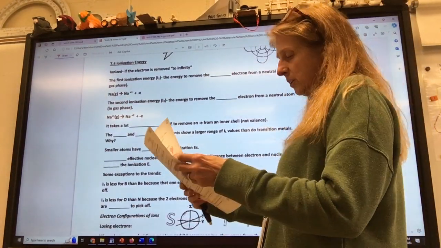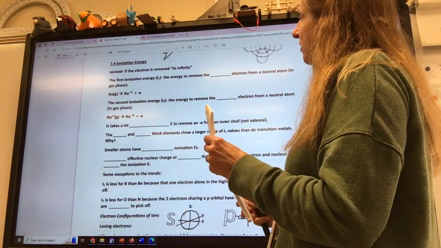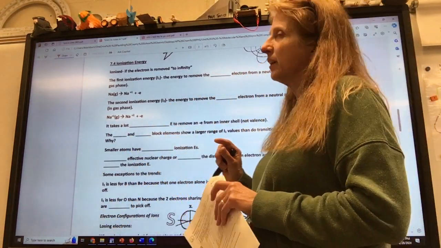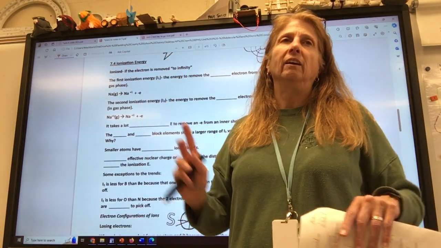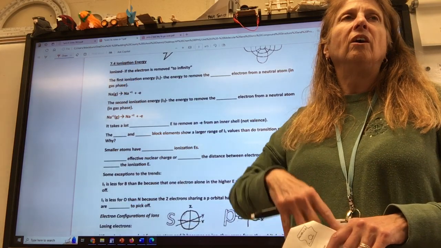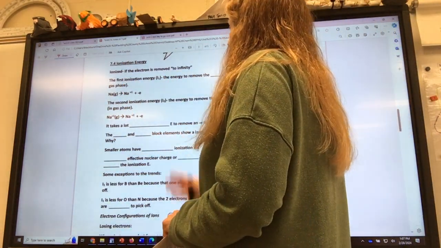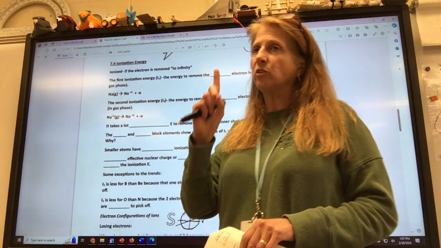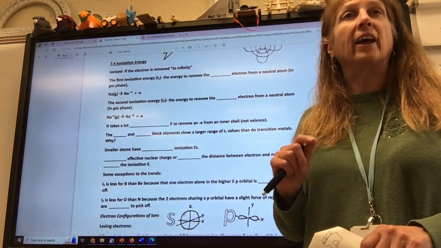Ionization energy. So we're going to talk about each of these little ideas a little bit more in depth. An electron is ionized if it's moved out, they say, to infinity. It's so gone that it has no effect anymore on this atom. So that's it being ionized. So ionization energy is not just one thing. It breaks down into which electron you're taking off.